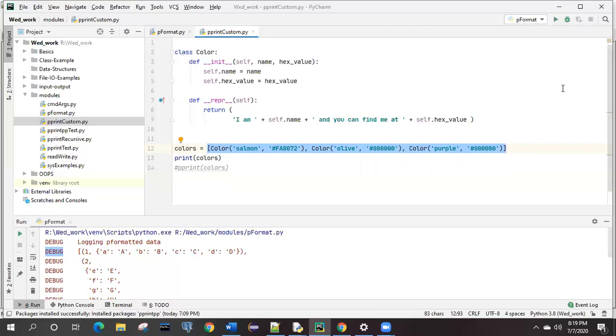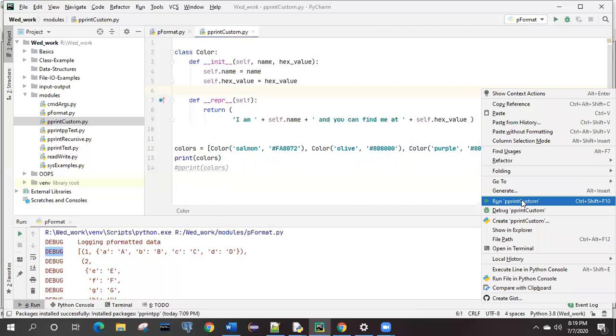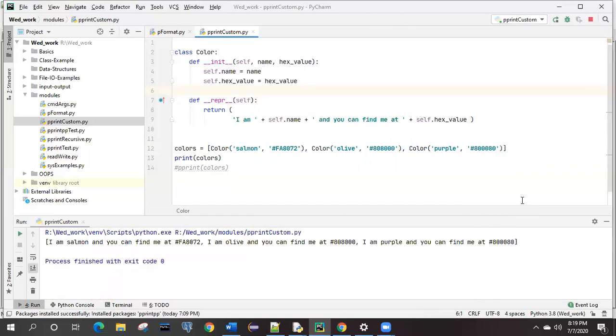Let me run this one. Like that, three different objects have been passed, and for those we have got three different outputs, right? According to the input we passed, we have got the output. So this is by making use of this print statement.